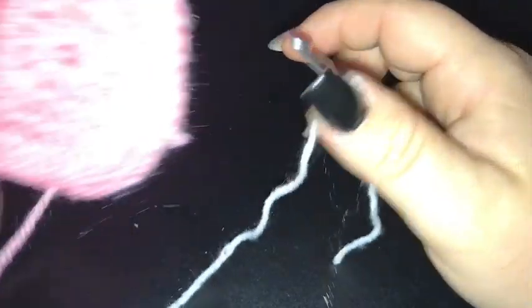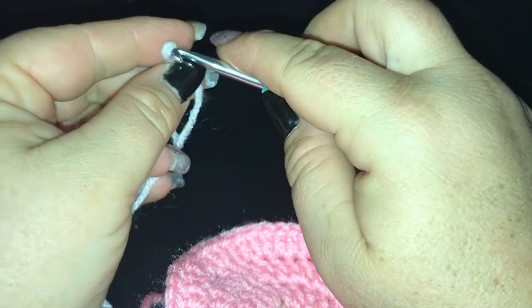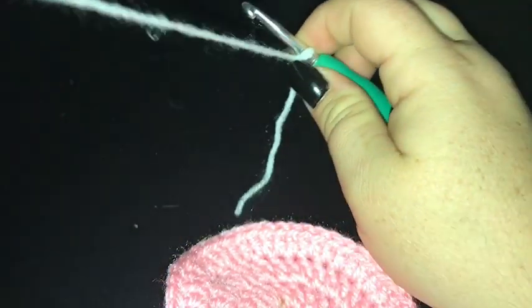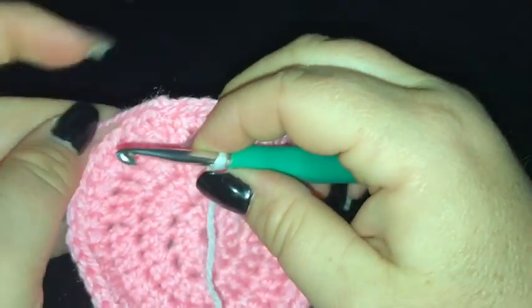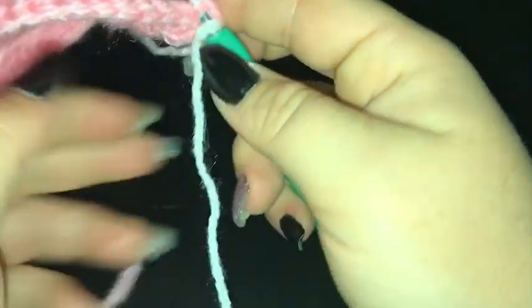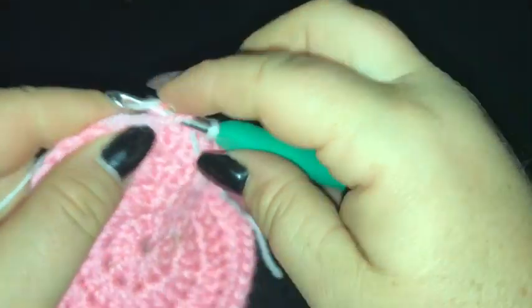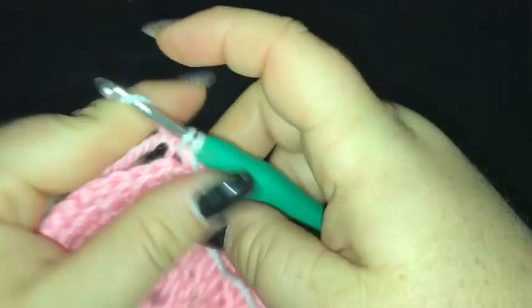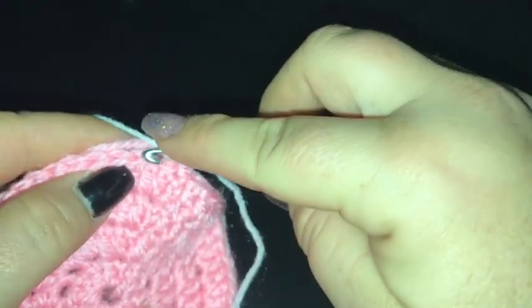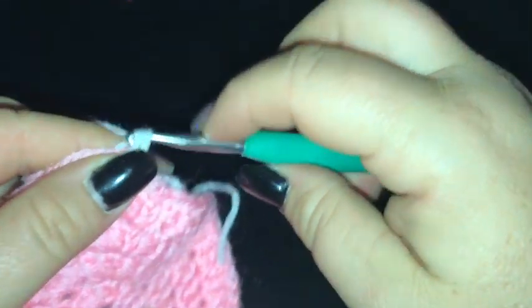Okay guys, back for round 5. I'm gonna be working with white now. We're gonna frame up our Jigglypuff, and we're working in back loops only. So just the back loop of the previous stitch, I'm joining on with a single crochet, popping the single crochet into the back loop of the next stitch,